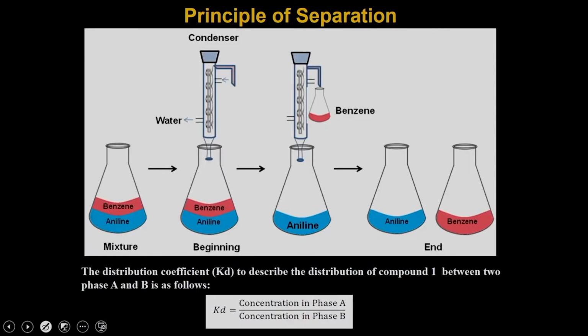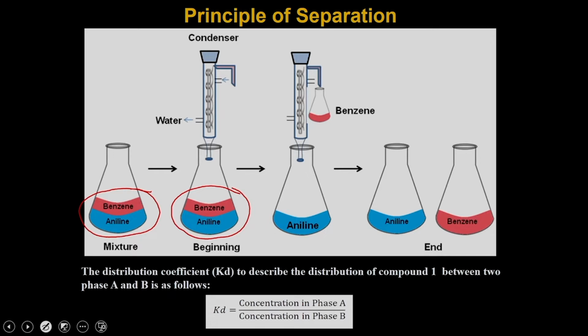So, initially we have a mixture of benzene and aniline. When you have a mixture of benzene and aniline, what you have to do is keep this sample in a flask and then connect this flask to a condenser. If you do not know about the condenser, a condenser is an instrument which allows you to distill the